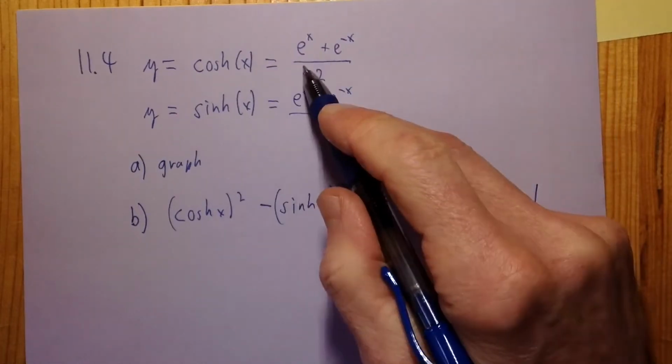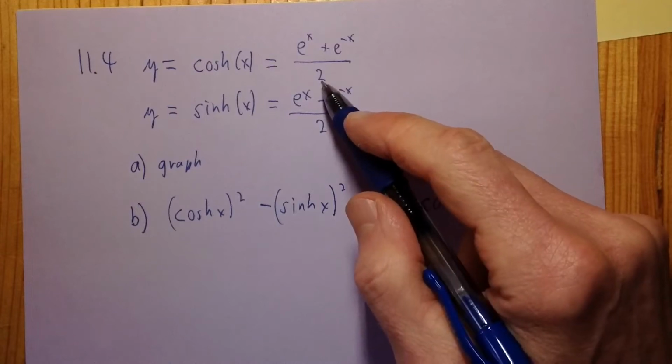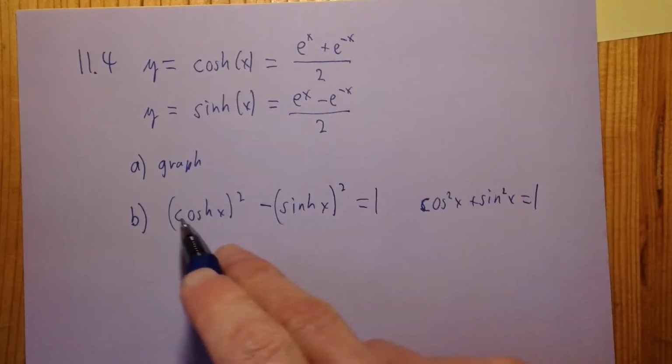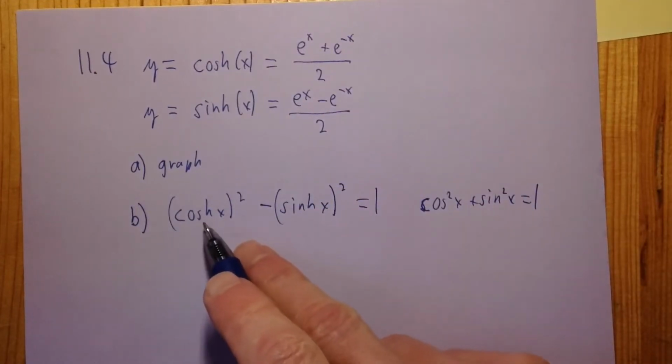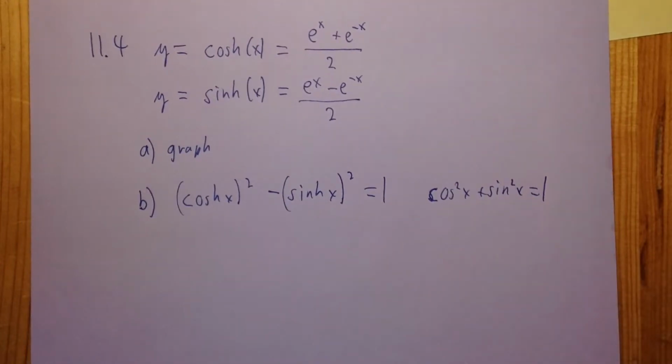So for this, you plug in those formulas, square them. It's a lot of squaring, which is good practice. Square the 2 in the bottom, which is a 4. And just do all that stuff, and you'll find that this one minus that one equals 1. So I'll let you guys do that one on your own too. Okay, then